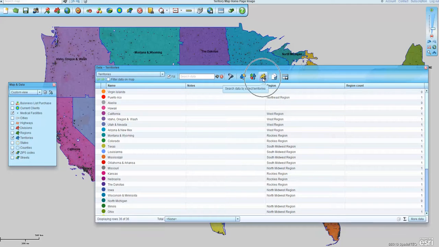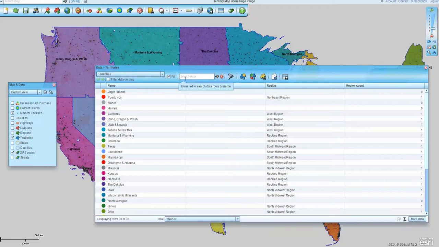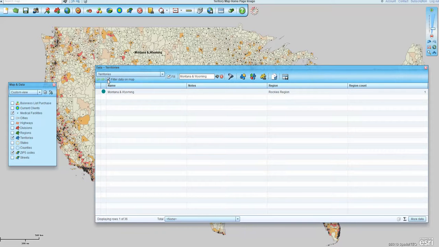So the first thing we want to do is isolate the territory that we're interested in viewing. And so to do that, we've got our list of territories down here. We've got our territory selected in the drop-down option. And I am going to look at the territory of Montana and Wyoming. I want to spell it correctly and then search for that. There, that territory of Montana, Wyoming is in the data window, and I'm going to filter on the map to just focus on